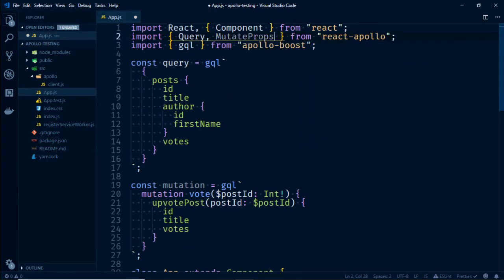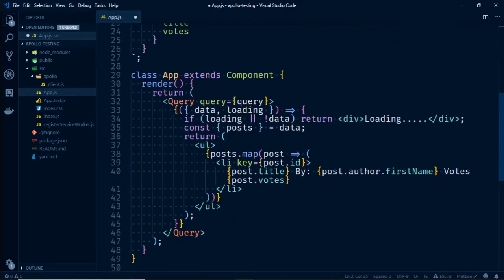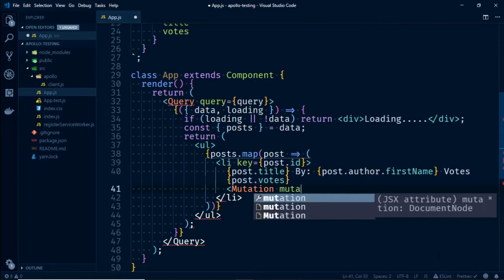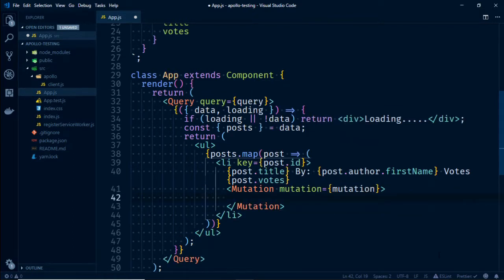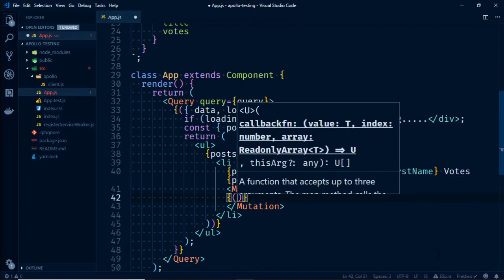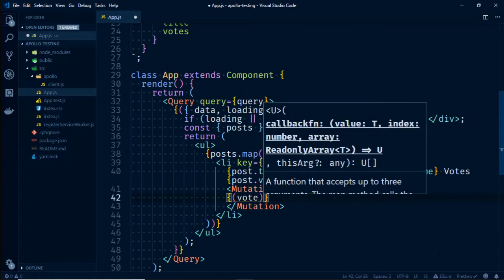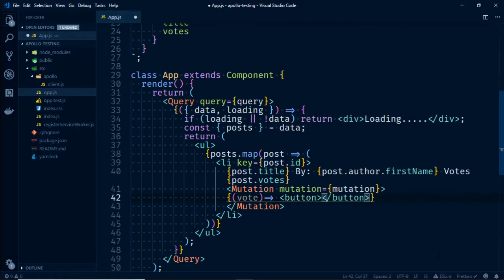So Mutation, not Mutate props, Mutation, and we can use Mutation in here, and the mutation is the mutation we created above. It is a render prop component, so we can grab the mutation. It will be vote, and we can render a button in here. Button: vote this post,